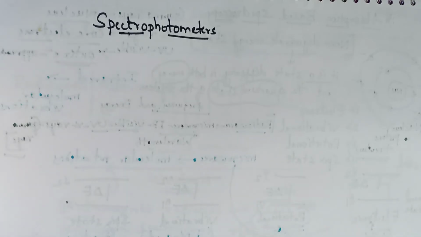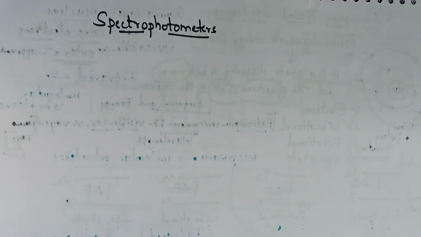Now the next topic is, let's have the basic understanding of the spectrophotometers. Spectrophotometers used to record the infrared, NMR, UV visible spectra are very different. These spectrophotometers will differ from one spectroscopy to another. That means infrared has one type of spectrophotometer and NMR will have another type, but they have certain features in common. So let's study them. It is the basic of this spectroscopy.